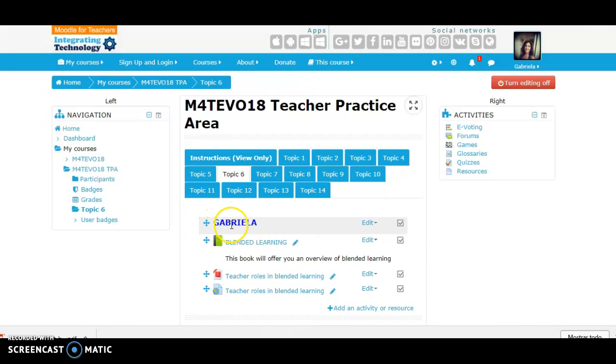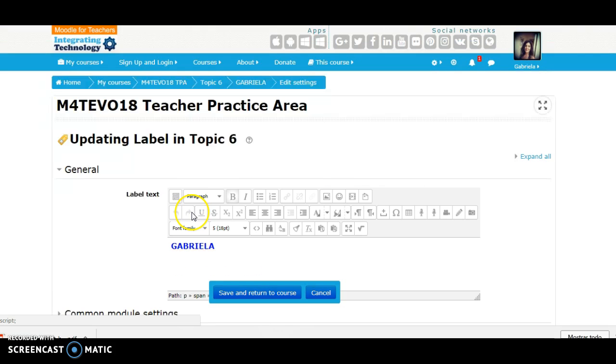So you can notice that the label of this topic is my name. So I want to change it by clicking on Edit Settings, and I'm going to change the label to blended learning. I want to change the size of this. Here I'm going to put it in bold, and I want to change the color. Okay,